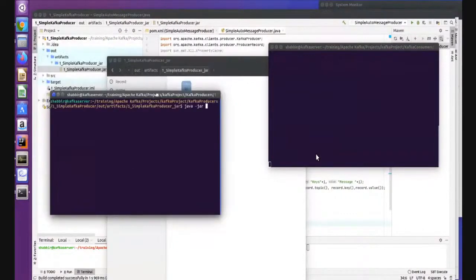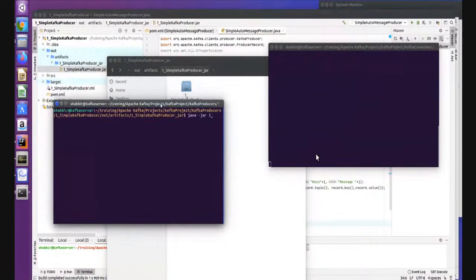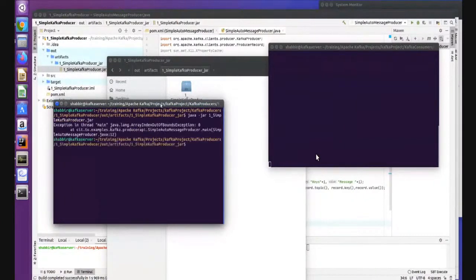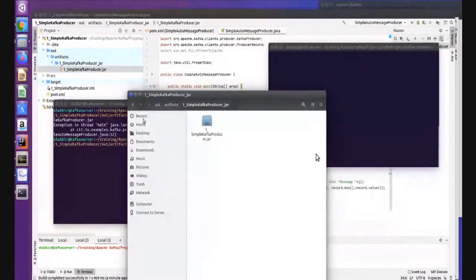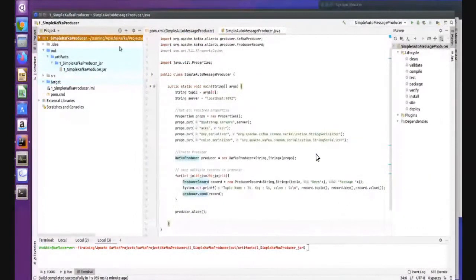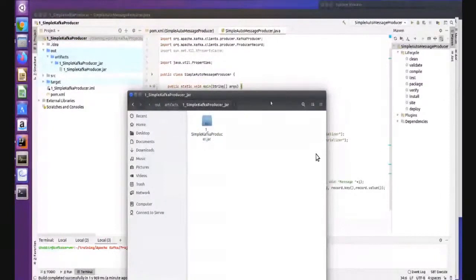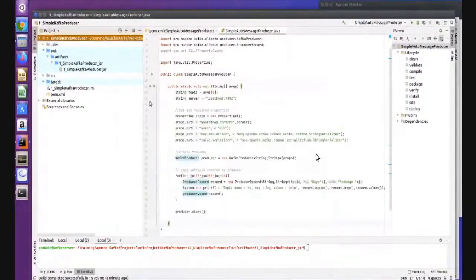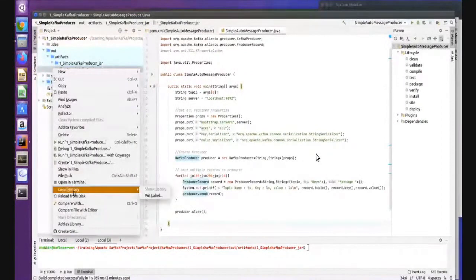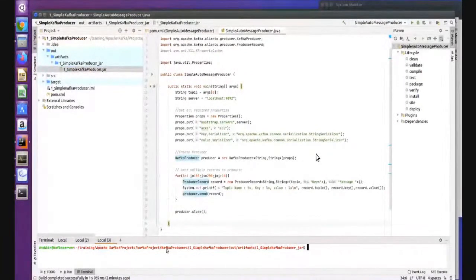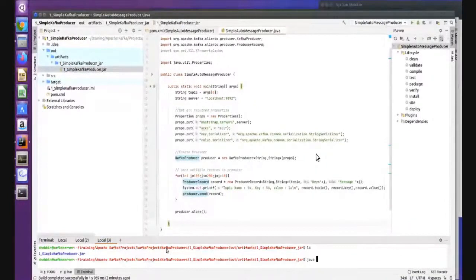What is your application name? Right, it is producing. Maybe I have run a different jar file actually. It is stored in the Kafka project. Let me see the path. Kafka producer, and inside Kafka producer, simple Kafka producer. Are we in the same path or not? Kafka producer and simple Kafka producer. Okay, already I am in the path from here, right? So I can run from here Java -jar, one simple.